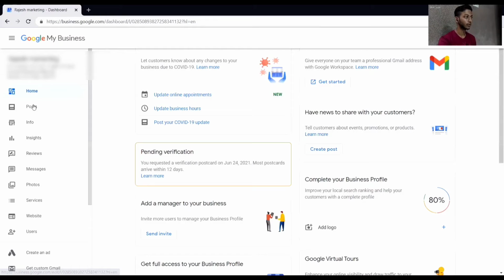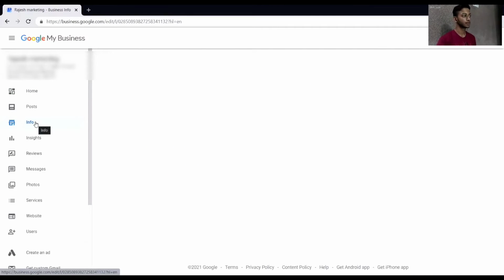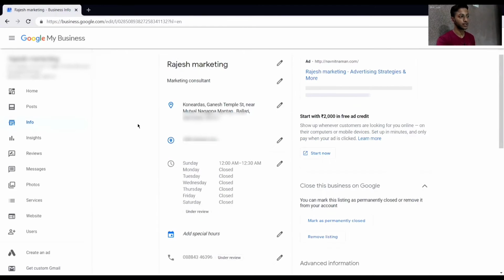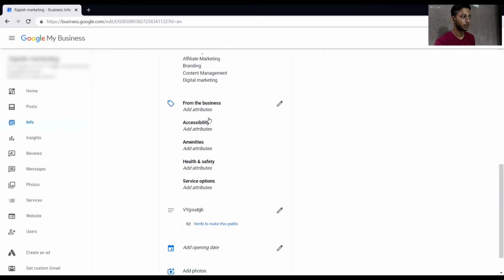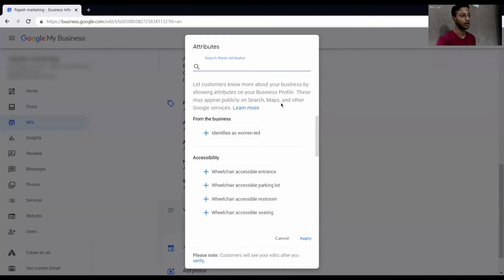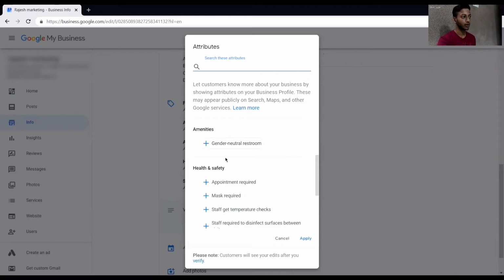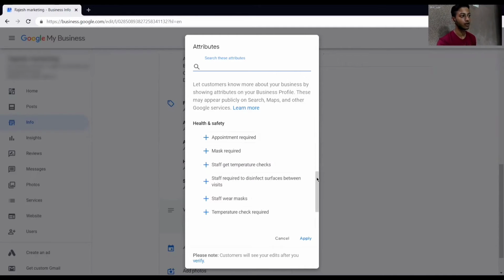Okay. Then you can go here to Info. From Info, you can see if any information is missing, and you can add some attributes also. Attributes are something like, in a previous video I discussed attributes, like you can add gender neutral restroom, whether an appointment is required or not, whether a mask is required or not.